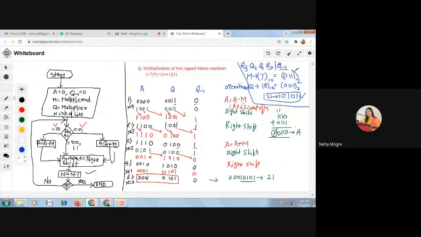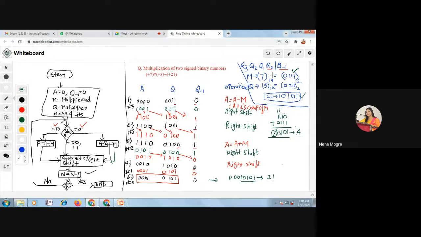So just go and check your algorithms. That is how Booth's algorithm has been performed for the addition of signed numbers. Here we have just taken two positive numbers. And just looking at this particular flow chart, we have performed these steps. Please write it down in your notebook, in your classwork book, so that you will remember this.